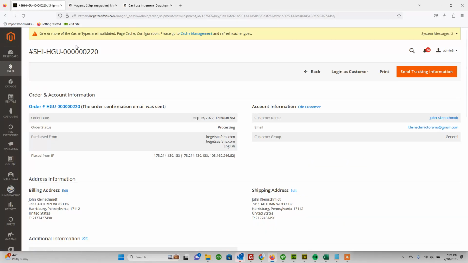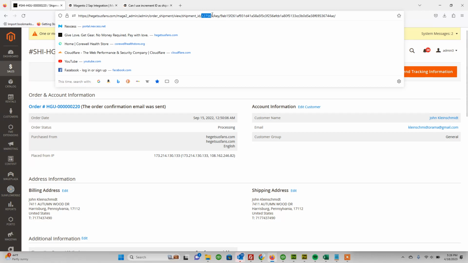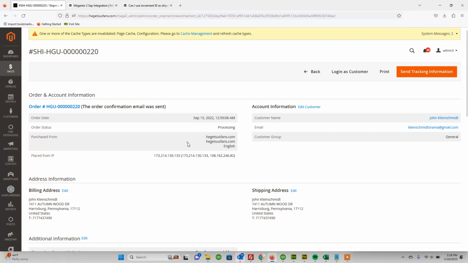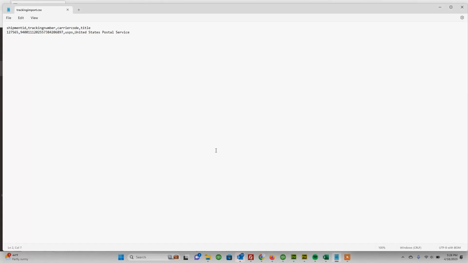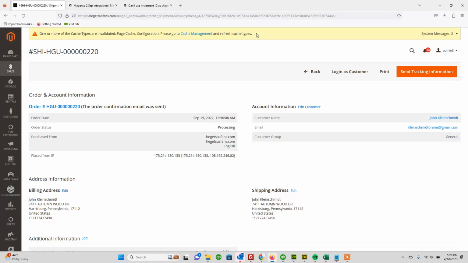So what I'm thinking is you could do a full shipment, but then the problem is you've got to track down the shipment ID. Now, I can find that in the database, but that doesn't help you. As you can see here, this is the ID. So theoretically, I haven't tried this yet, but if I was to place the ID right here like it is, and then hit save, and then go back in